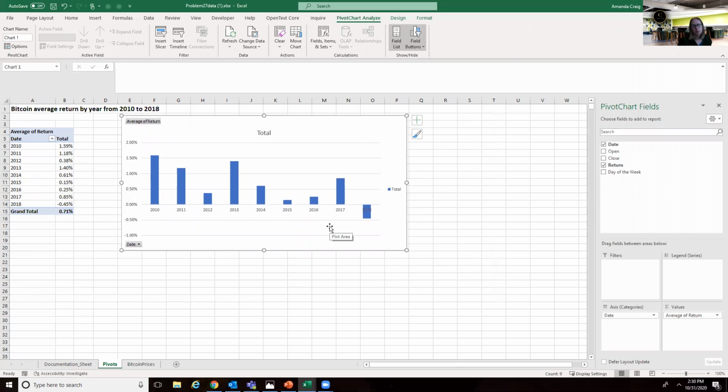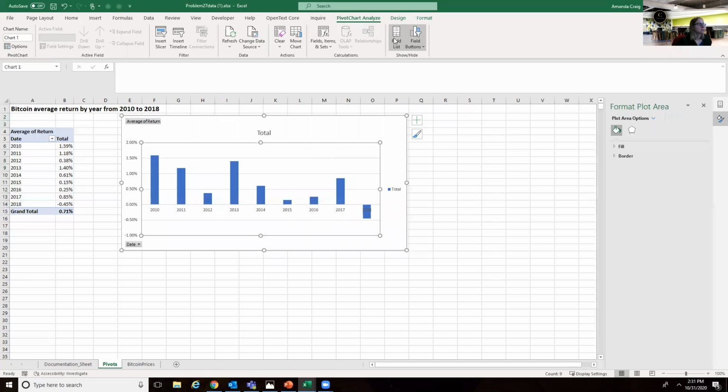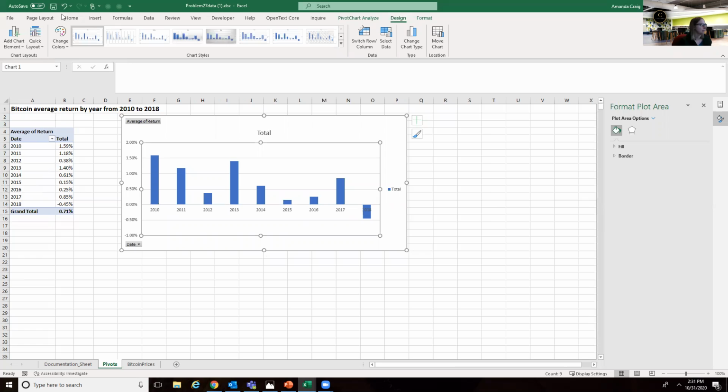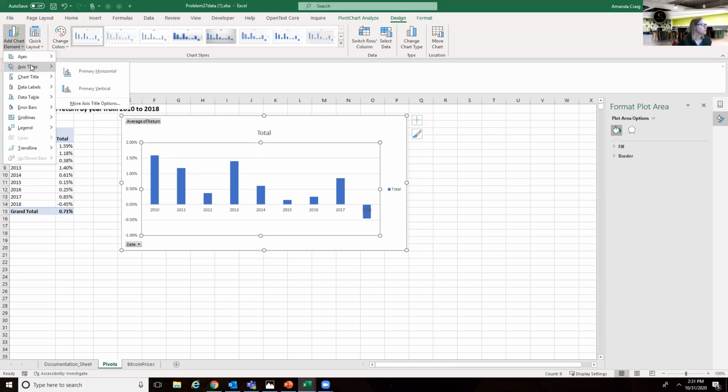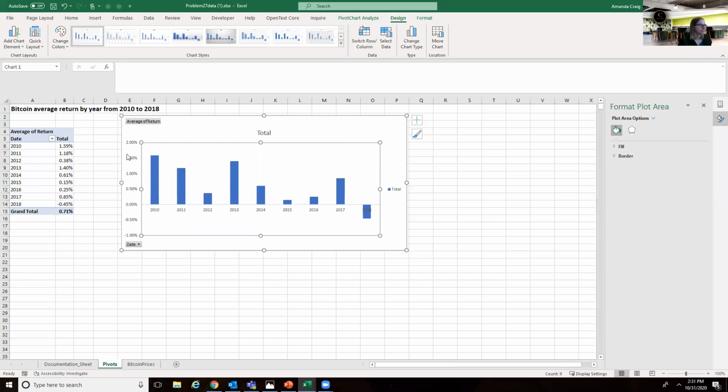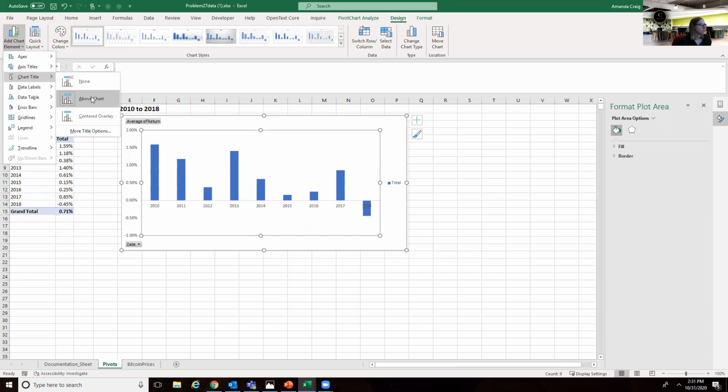And then I'm going to make a couple of adjustments to make sure that my chart is equal to our best practices for charting. And in order to do that, if you go to design, you'll see you've got your chart element button where you can start to make your changes. So the first thing that I'm going to do is I'm going to get rid of my grid lines. Then my chart title,